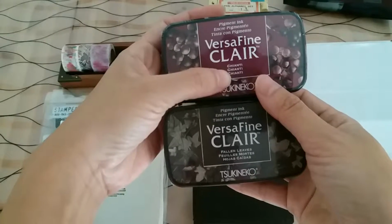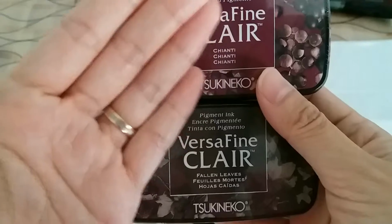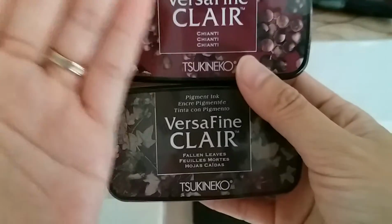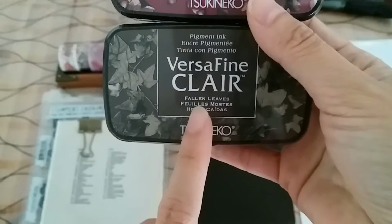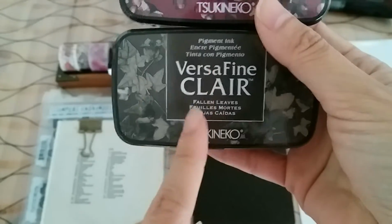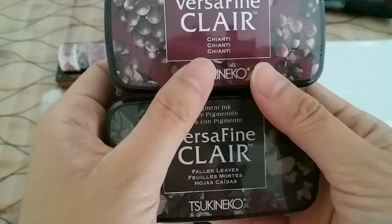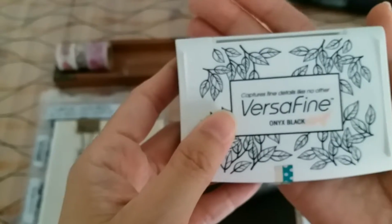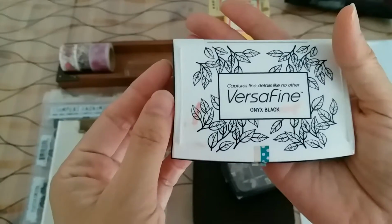I'm very reluctant to pronounce it. This is the color that I got. So instead of butchering the pronunciation, I'll let you see the color printed here. Fallen Leaves, this one I know for sure. But this one, Chianti. Hopefully I pronounced it correctly. Anywho, and of course I have another Versafine Onyx Black ink,